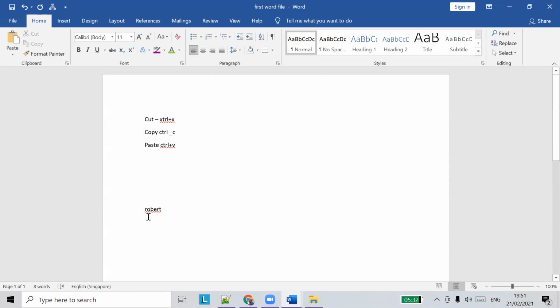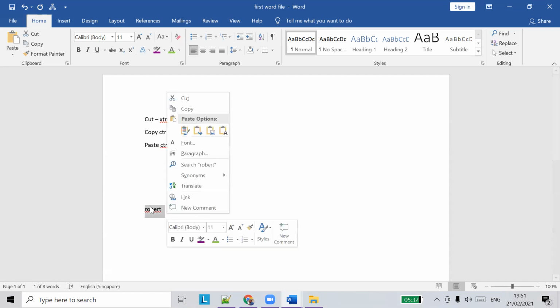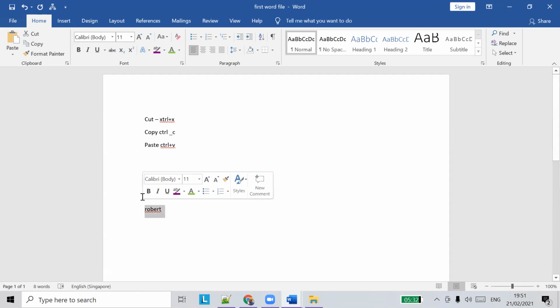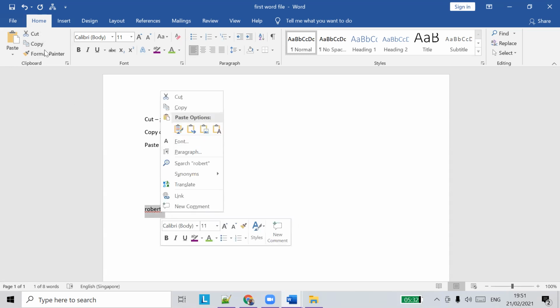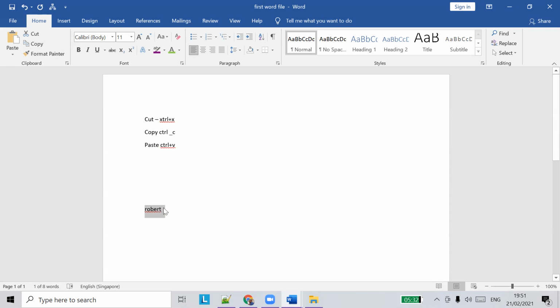Okay, so what we do every time is select the text you want to cut or copy, go here and click copy. Instead of doing that, to make my life easier, I can just select this thing.